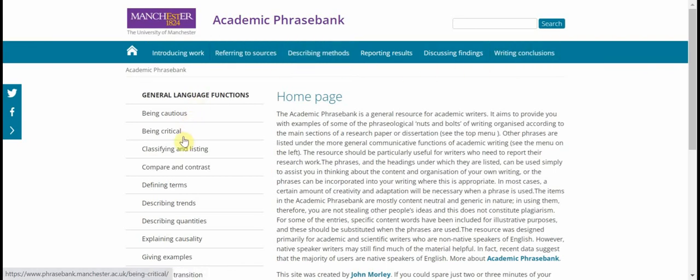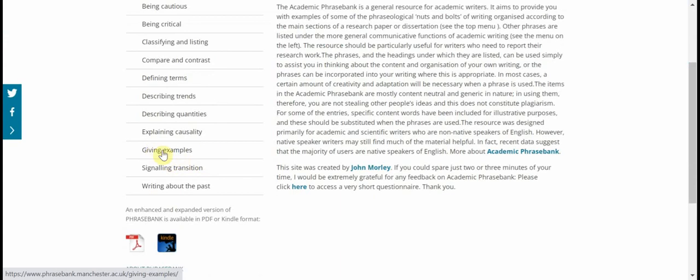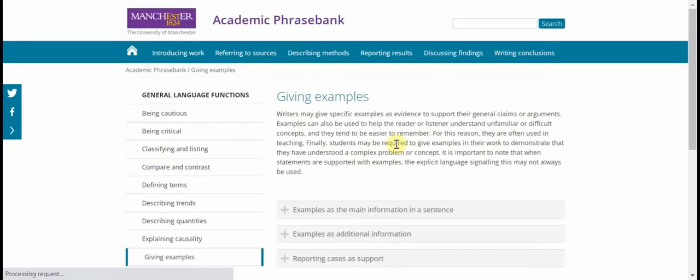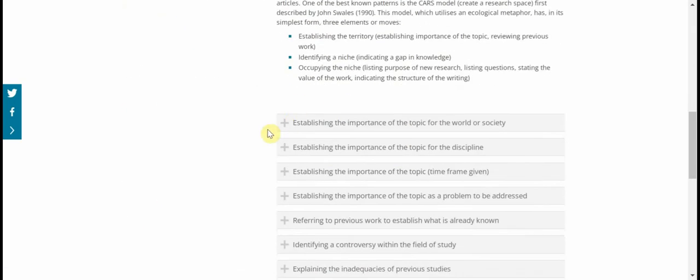And on the left-hand side, you'll see these more general categories, which are moves that you might need in any section. For example, giving examples. If you click on any particular section, you'll find some really nice general guidelines about structuring and writing that section, along with these lists of typical moves. So I'll go back to introducing work for that. So here are some guidelines, and here are a list of